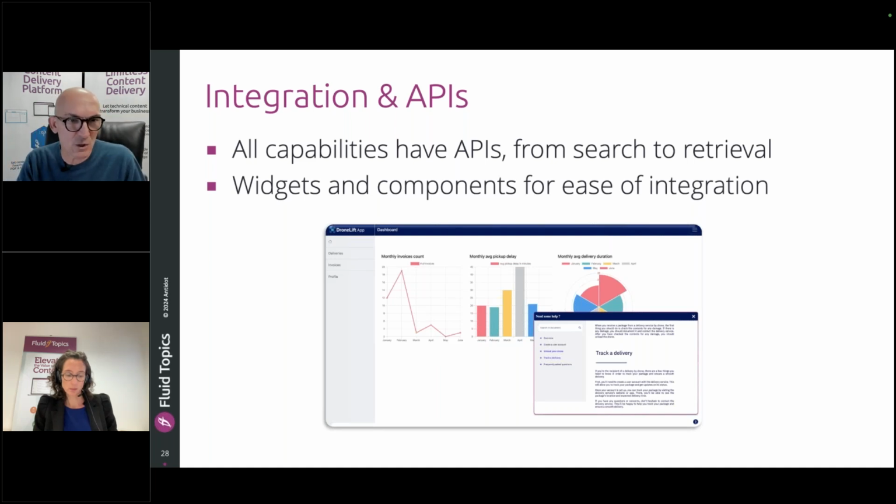Here you see a screenshot doing in-product help, like in whatever your software is, you can add question marks like this, and suddenly you have these pop-up windows that are contextual to where the user is in the application. It says, okay, you're in that screen. This is what you can do. This is how it's solved. So contextual in-product help, but you have to check how you can achieve this sort of integration using APIs, whether it's search and retrieval APIs, but as well widgets, components for ease of integration. That's part of the things you have to check.